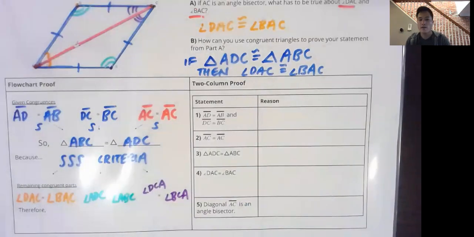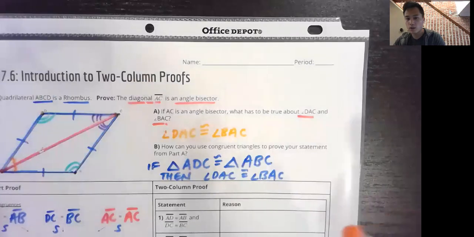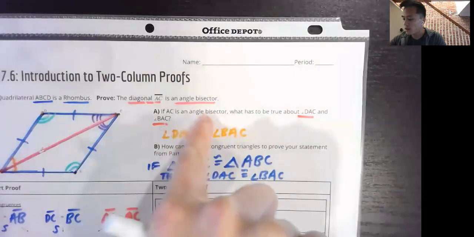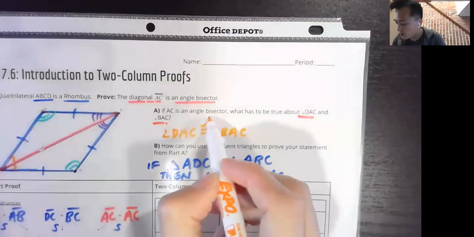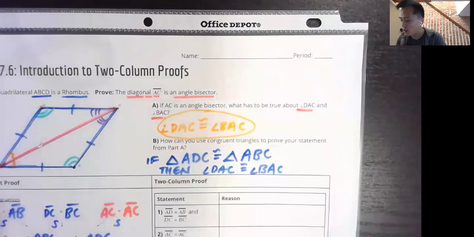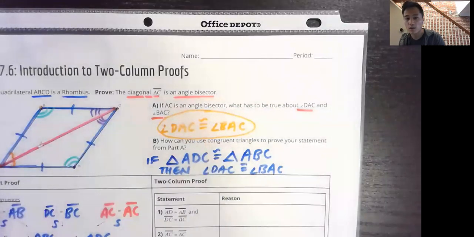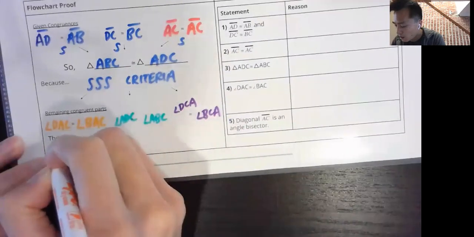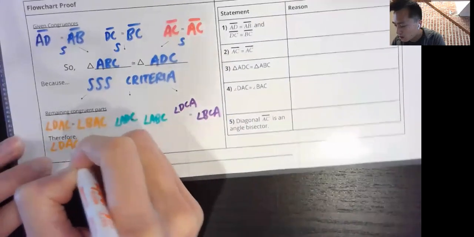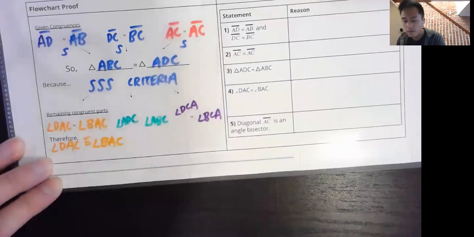Okay, now we have our conclusion. For our conclusion, I'm going to go back to this original question here, right? Remember, if AC is an angle bisector, what has to be true about these two angles? So this was the main thing that we were trying to prove. So that's what I'm going to put into my conclusion. Therefore, angle DAC is congruent to angle BAC